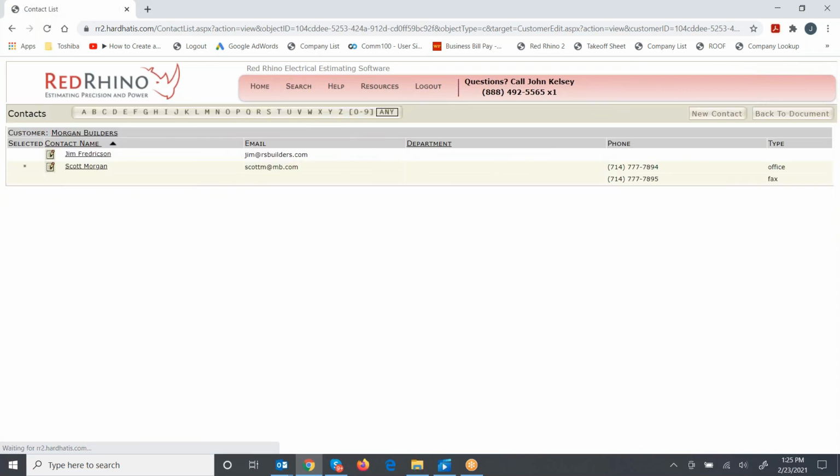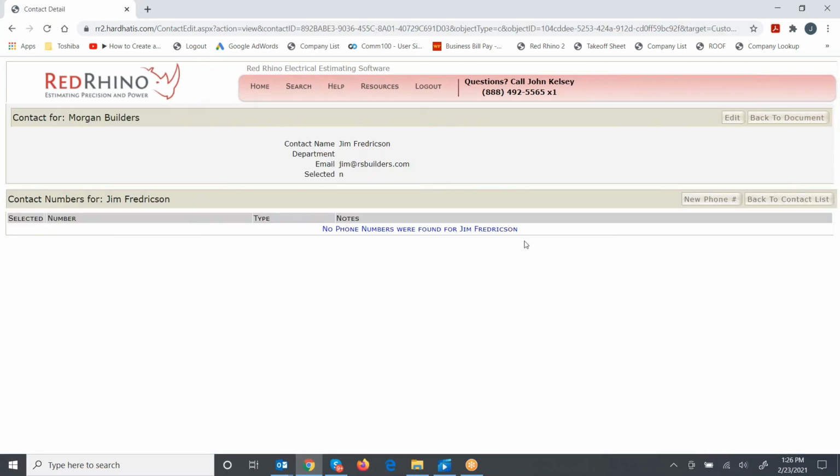So I saved it there, and then so notice how it populated his name, email address, and phone number here. Let me just click on his name here. Oh, I was going to say Jim Frederickson is what I meant. There's no phone. That's what I meant to say. Okay. So with Jim Frederickson, I click on this now,